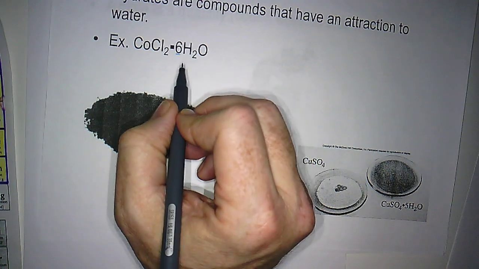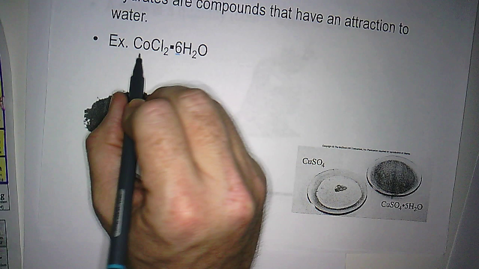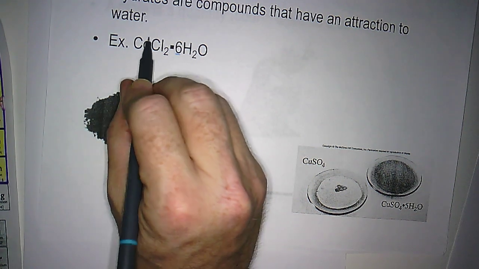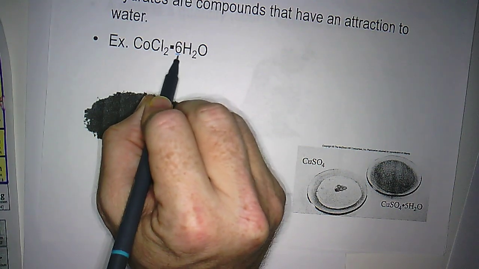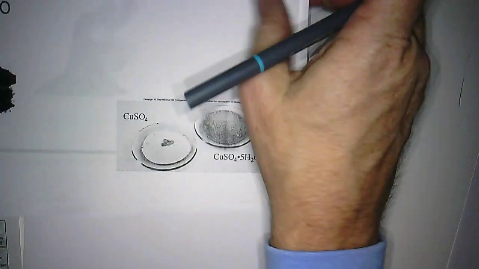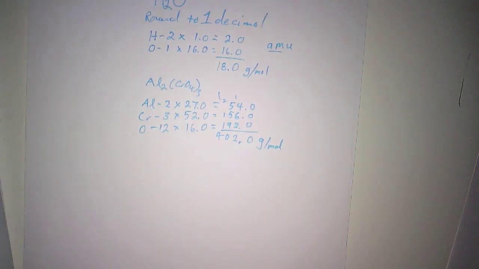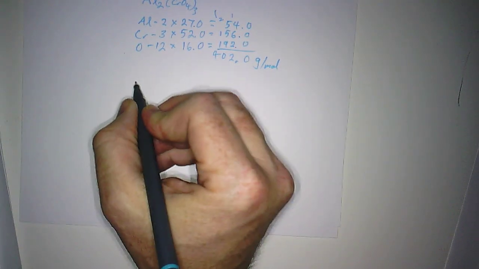All right, and if you remember, the prefix for 6 was hexa. So we would call this cobalt 2 chloride, okay, because cobalt here would have a charge of 2. So cobalt 2 chloride hexahydrate. And this one down here is copper 2 sulfate pentahydrate because it's got 5 waters, okay? So we're going to take a look at this one, the cobalt 2 chloride, and we're going to do the formula mass for that one. So